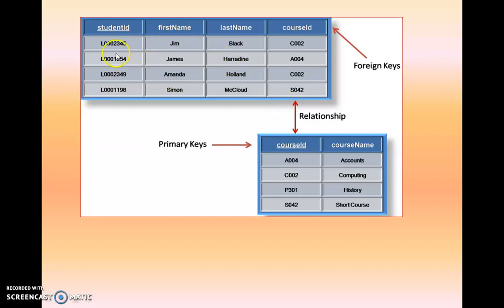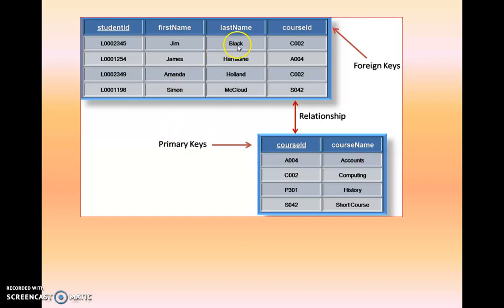This is the student table. This is the order table or course table, something like a course table. Here we are making the relationship between these two tables. Okay. In this table, student ID, first name, last name, course ID. These are the columns. Here student ID is a primary key in this table, and here in this table, course ID is a primary key. Course name is another column.